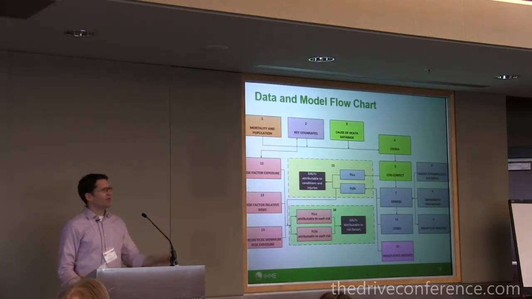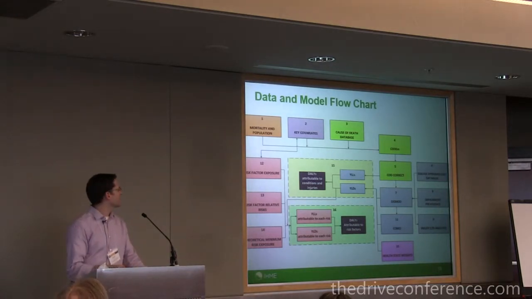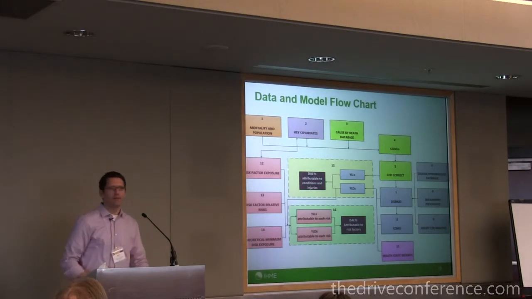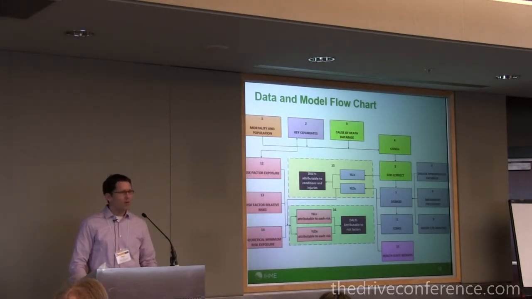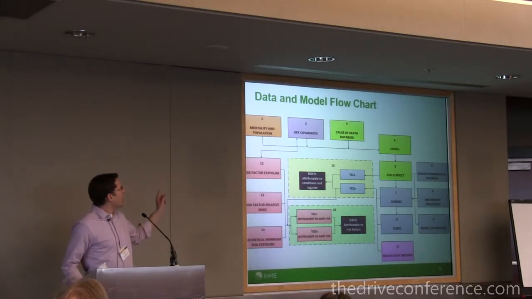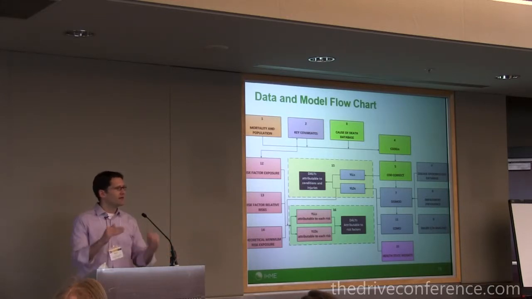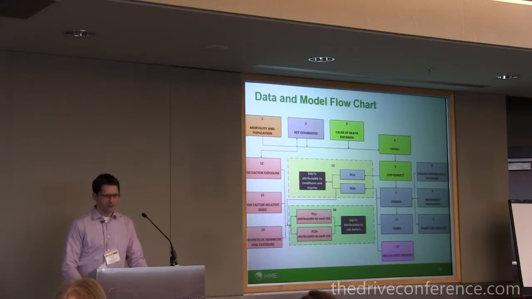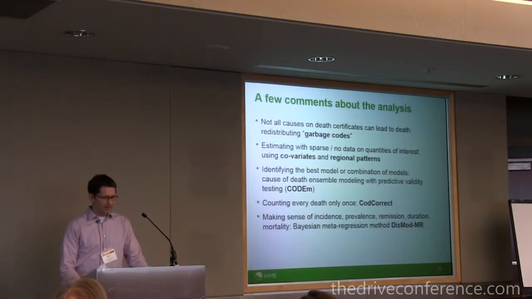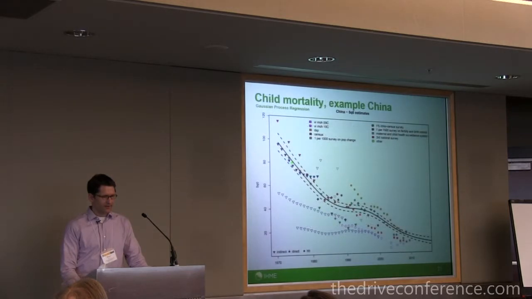So just a couple of examples of the power that's behind these things. Again, there's way more to be said about the different other components. One thing I should note is that through all these pieces of analysis, uncertainty intervals are propagated. So every result in GBD has uncertainty intervals associated with it at the end for you to see the confidence in the results. I just went through these comments on the slide.